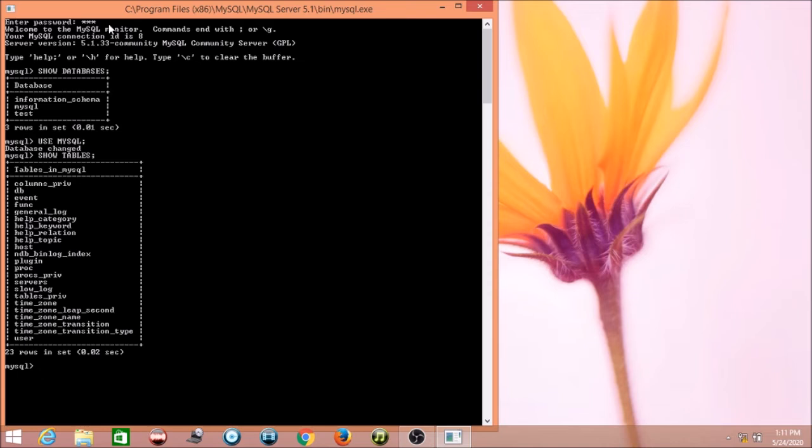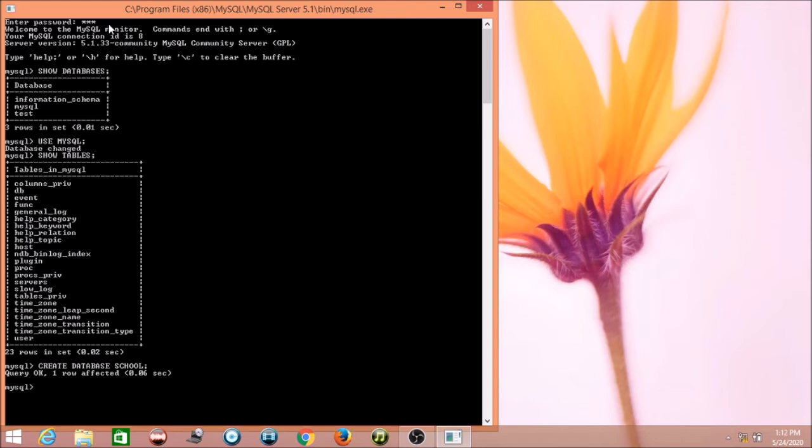Okay, so that's it for these database commands. Now we are creating a new database. You have to create your own database. For example, I am creating a database with the name school. I am writing the command create database, and the name of the database is school. Semicolon. Query okay, one row affected, that means our query is correct and it does not have any error. This database is created. It does not have any table, we have just created a container with the name school.